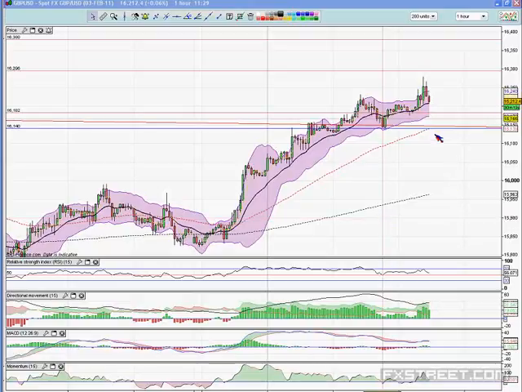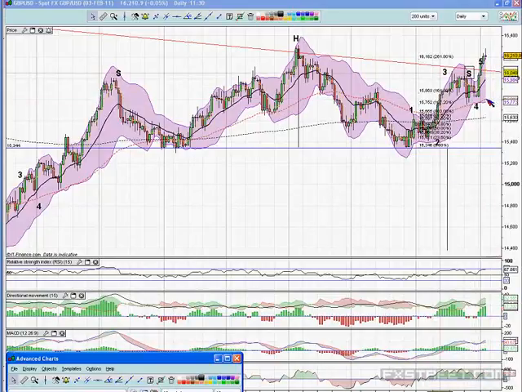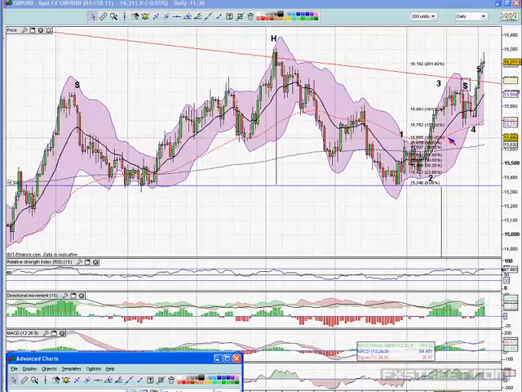No, I can't. I need to at least get through this level, 161.39, which also happens to be this little swing low here. But I'm expecting a turnaround pretty soon, and I'll then be looking for this level, 158.12, because it will be my support level on my daily chart, and it'll also be the bottom of wave 4. Okay. Long term,